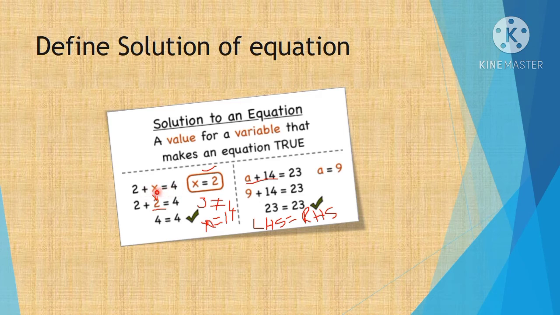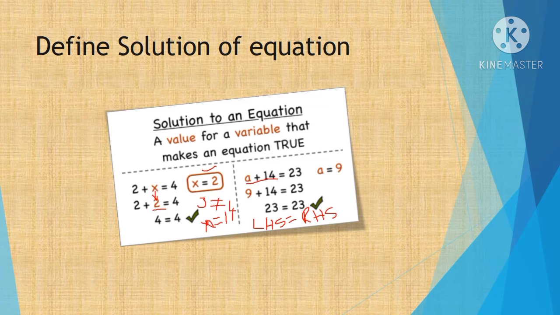For example, you put x is equal to 1. So in the place of this x, you write 1. Check it, children. Now we are going to find the solution of this equation. So in the place of x, you write x is equal to 1. Now 2 plus 1, what are you getting? 3, right? Whether 3 is equal to 4? No, 3 is not equal to 4. So 1 is not a solution.